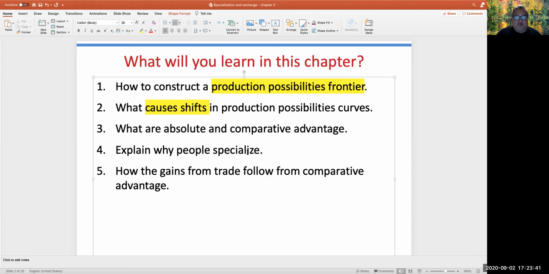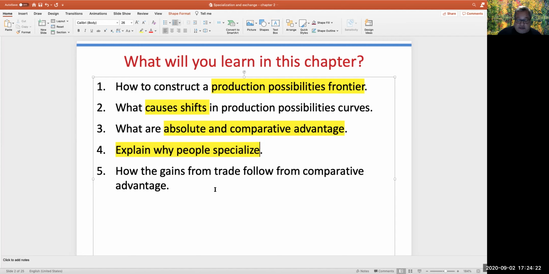Third, we're going to use this graphical tool to build a model, and this model is going to explain 2 concepts about exchange. One is the notion of absolute advantage, and the other one is the notion of comparative advantage. And by using this model to try to understand what we mean by absolute advantage in exchange and comparative advantage in exchange, we will be able to explain why people or companies specialize in certain products, services,